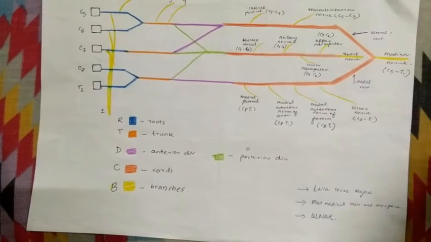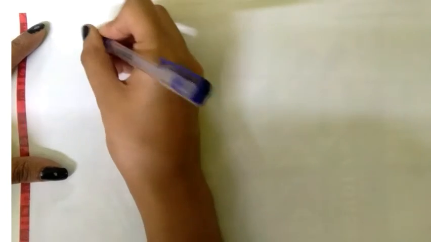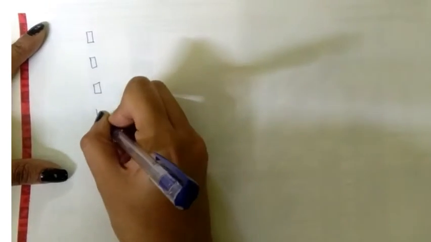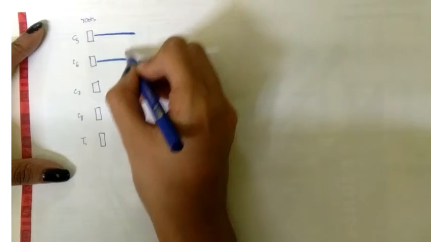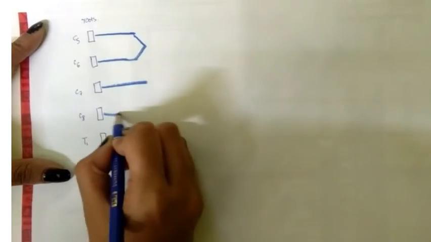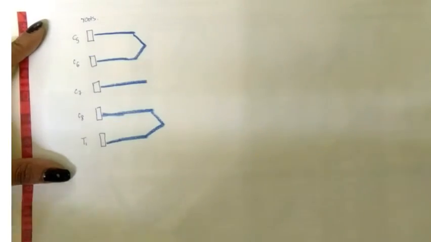So let me draw this diagram and we will then explain the further diagram now. So draw the diagram of brachial plexus along with me. First, I'm drawing all the 5 roots, C5, C6, C7, C8 and T1. These are the roots. After the roots, you will have the trunk. Draw the diagram along with me so that you know how to draw it and you can easily do it